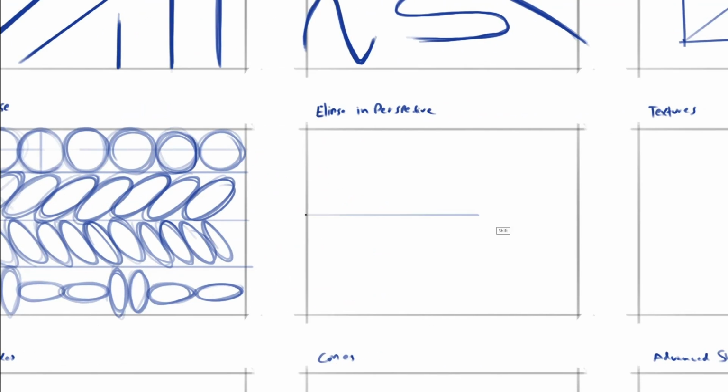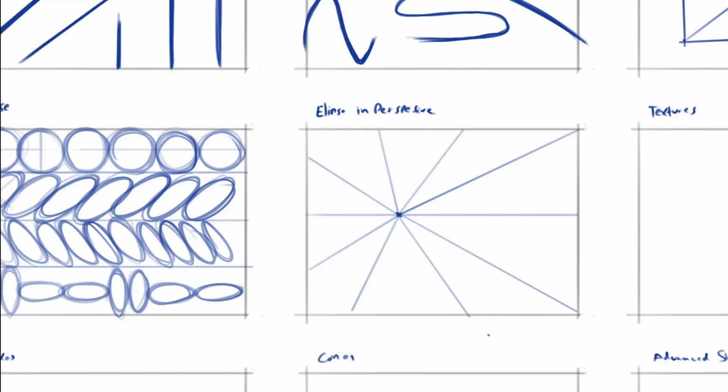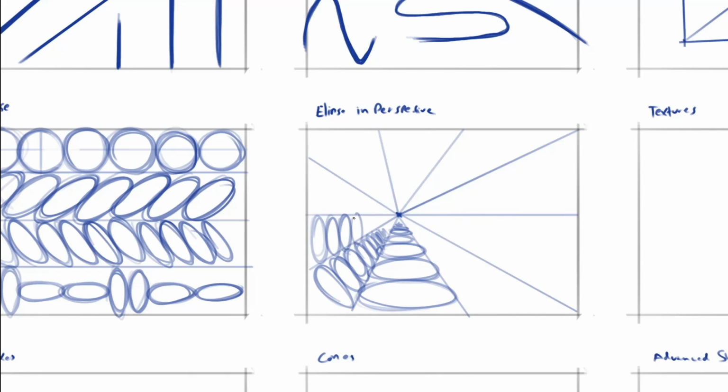Next sheet, you can draw a horizontal line, pick a vanishing point, and draw perspective lines coming out of it. Now you can fill these perspective rows with perspective ellipses that go back into the horizon, getting smaller and smaller as you go back in perspective. This will be very handy for you later on when you want to draw ellipses in perspective for your own designs. Try to fill a whole page going around and around in all directions, making sure that the ellipses are drawn clean and smaller in size as they move back into the horizon.